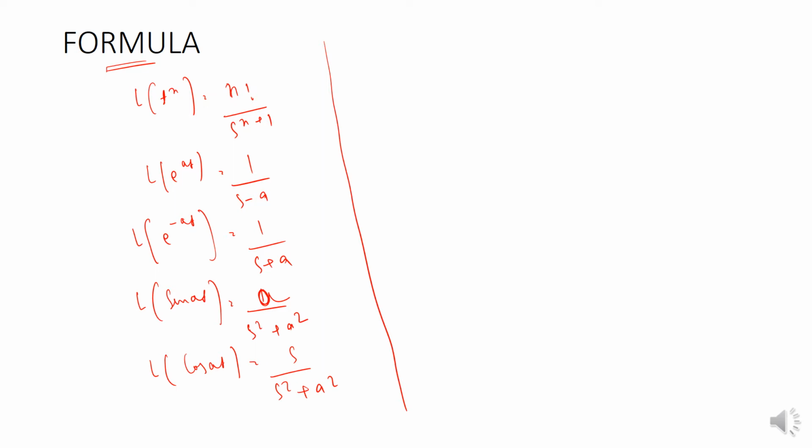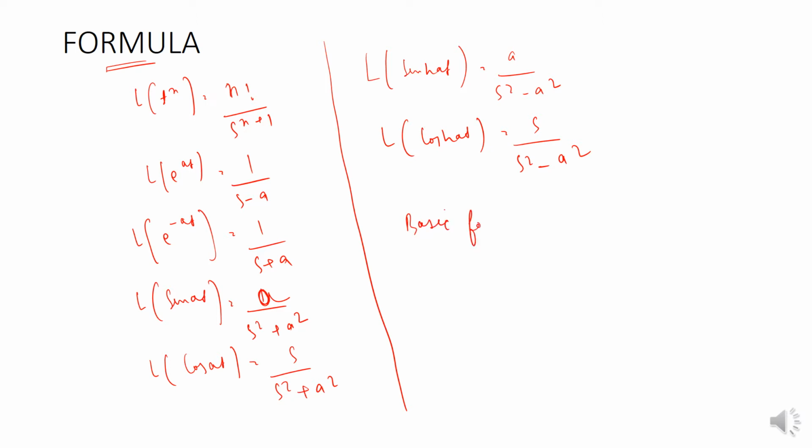Now Laplace transform of sinh at, the hyperbolic function, is a by s square minus a square. Laplace transform of cosh at is s by s square minus a square. For normal sin at and cos at, the denominator is s square plus a square, and for hyperbolic functions you have minus. Okay, so these are the basic formulas